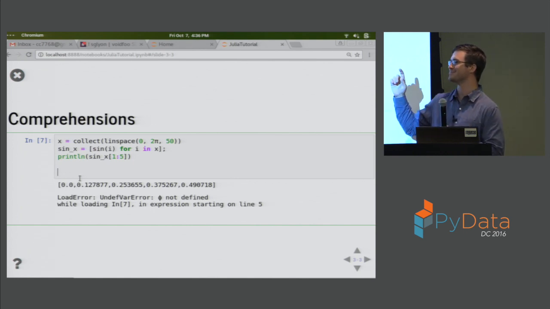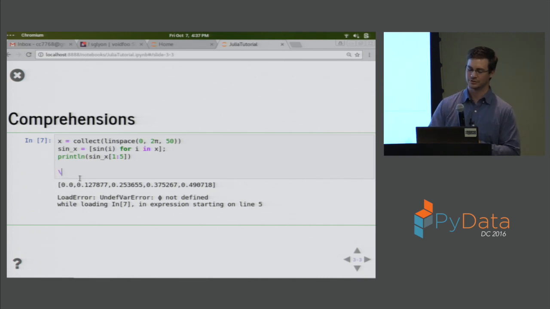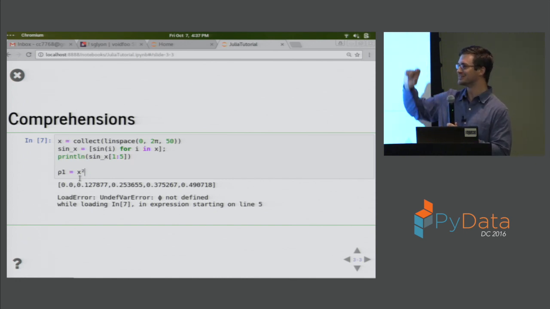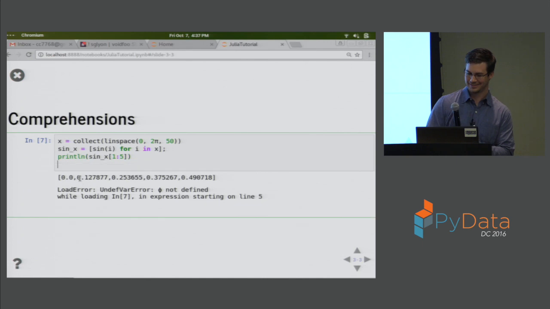So they have a couple of these mathematical standard symbols programmed in, but you can also define your variables as these things. So you can say rho 1 is equal to, if you want to get really obnoxious, I think you can even do superscripts and subscripts. It can get really elaborate, but